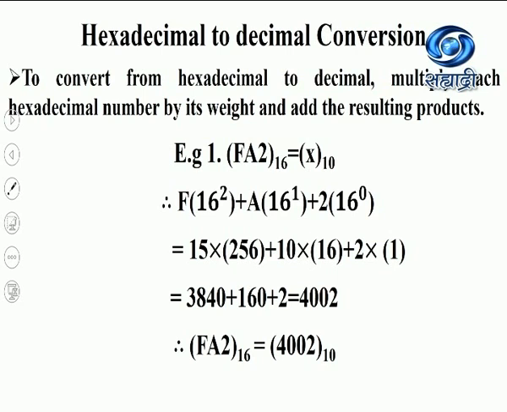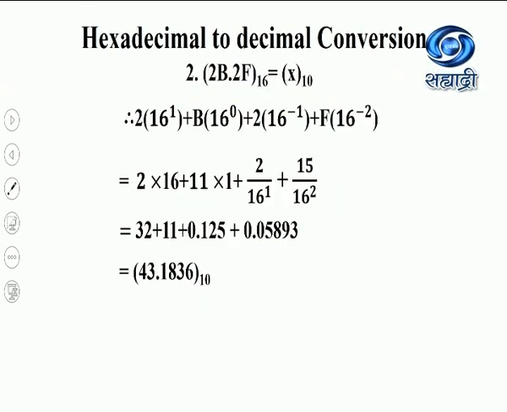So here, every time, if you carefully see, with the hexadecimal numbers we are going to multiply those digits by powers of 16. Okay, by simplifying these steps, we have this answer. So here is the next example, that is 2B.2F. It is a hexadecimal number. For that corresponding hexadecimal number, we have to find out the decimal number.